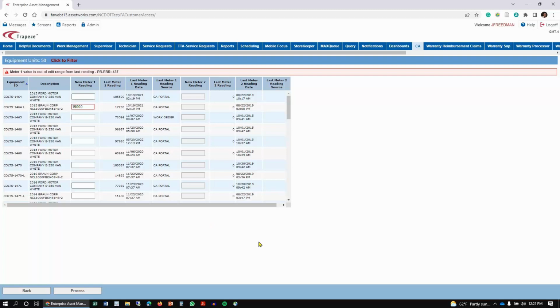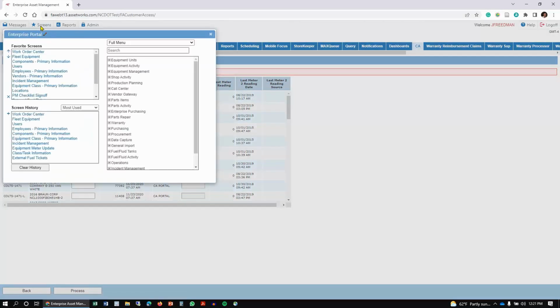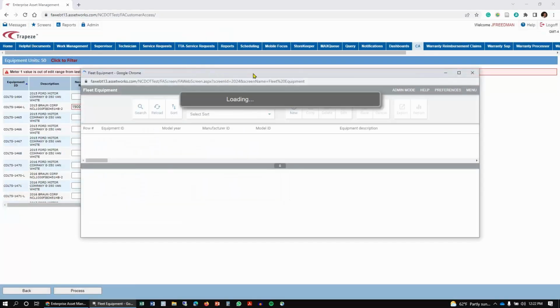So what you need to do is edit your lift count or your mileage in the fleet equipment screen for your mileage for your vehicle record, or the component primary information screen for your lifts if you do your lifts as components. So I'll show you what that looks like. So you're going to go up to the screens menu up here at the top, and to enter a new mileage you're going to go to the fleet equipment screen,